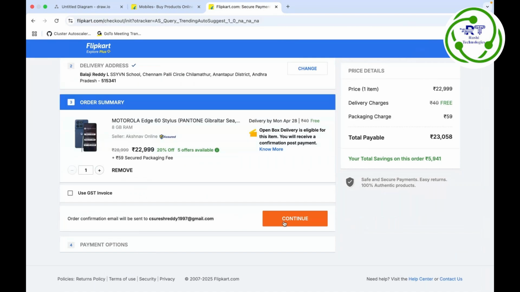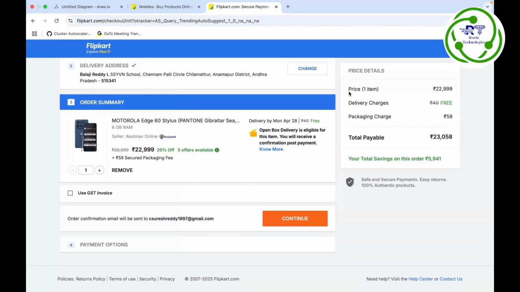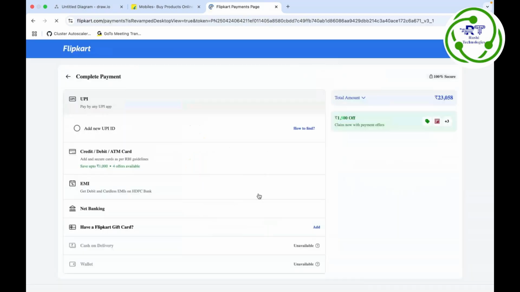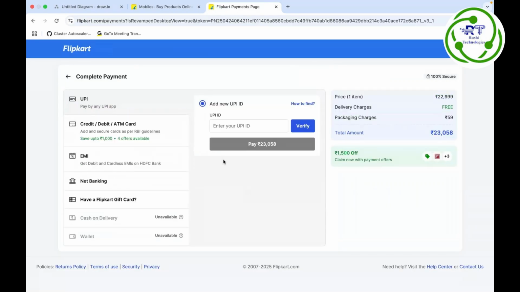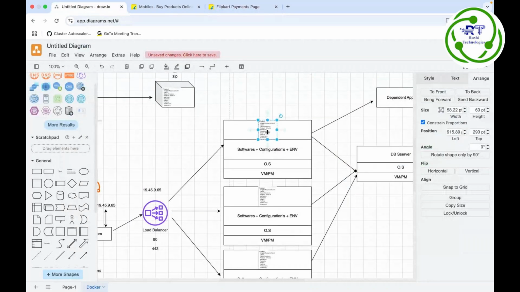Continue like that. Somewhere the request is failed. Maybe while adding the product, or while updating the address, or while making a payment. While making a payment, somewhere the request is failed. But how do we trace these errors, right? So here everything is running in the same code base, right? All the modules are in the same instance or the same process. Maybe my request may go to this server, maybe this server, or maybe this server,